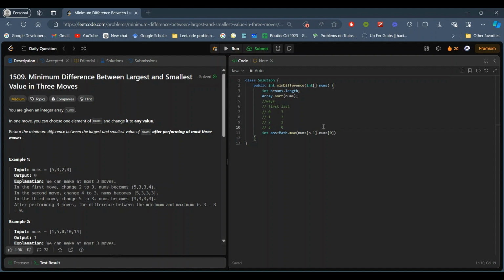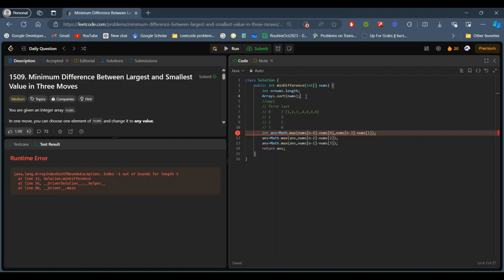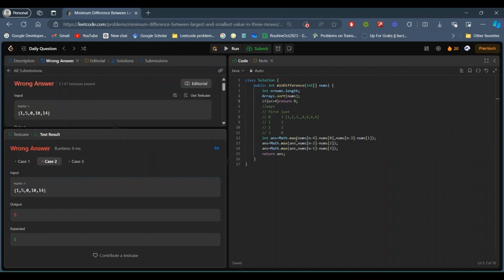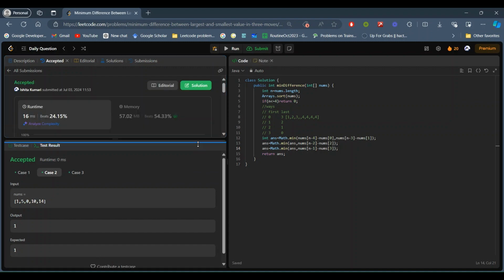So these are the possible ways. Before this, I have to write: if n is less than 5, we have to return 0, because in that case we can change at most 3 and all the values will be equal, and the answer will be 0 only. Sorry, we have to return the minimum value, right? Yeah, let's submit it. It got accepted.